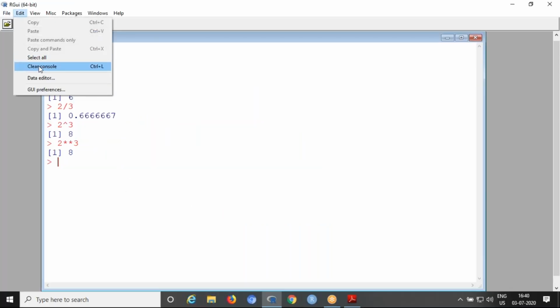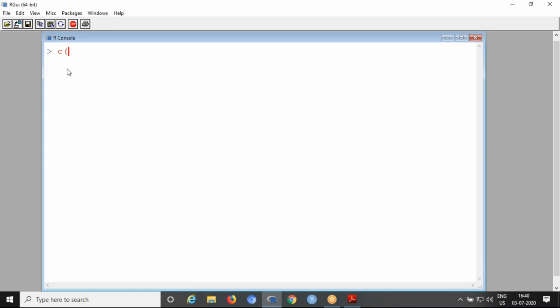See here. I am taking c of 5 numbers using the c function, which stores all these numbers in a vector. So I am taking power 2. Not only power, you can take any operation like a calculator. Now you can see 1 square, 2 square, 3 square, 4 square, 5 square. Same if we take into. Now every value in the vector is multiplied with 2: 1 into 2, 2, 2 into 2, 4, 3 into 2, 6, 4 into 2, 8, 5 into 2, 10.